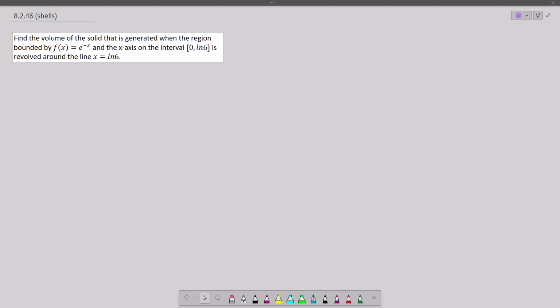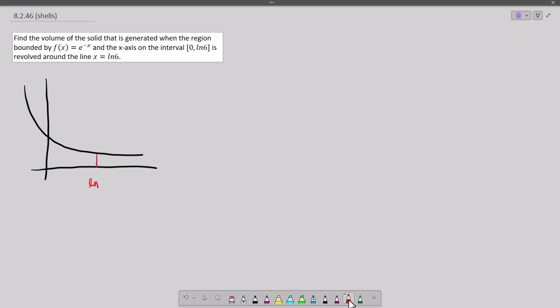We know that that's an exponential decay function. So an exponential decay function is going to look sort of like this. We know that if we plugged in x equals 0, we'd have e to the 0, which is 1, etc. Now we're going to look on this interval out to natural log of 6,